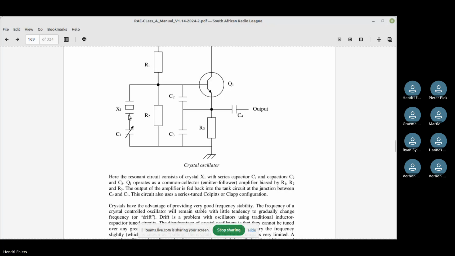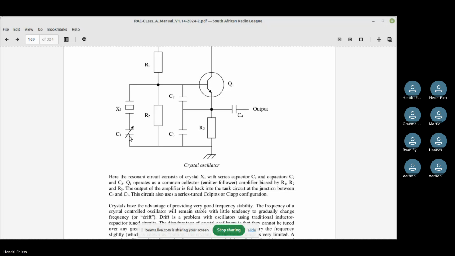Now, you can change the frequency, but not by much. This capacitor that they have here is almost to do the fine tuning. In other words, if you've got a 12 megahertz crystal, you won't be able to make it oscillate at 13 megahertz.